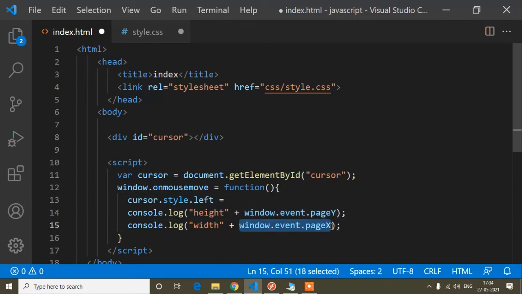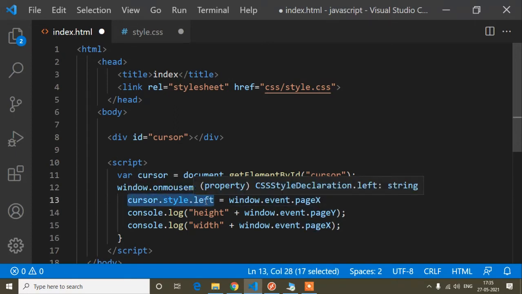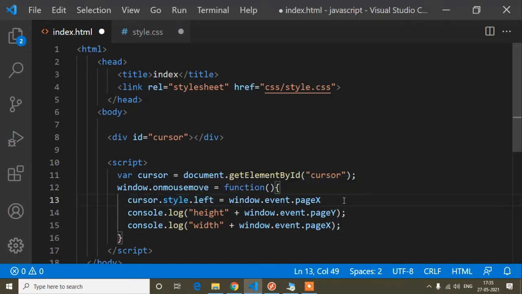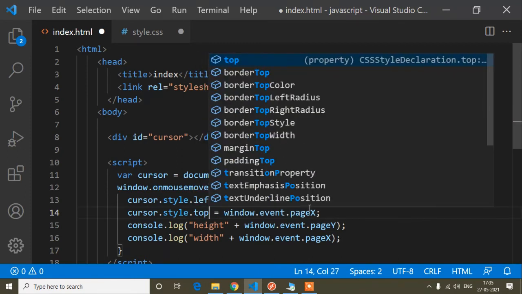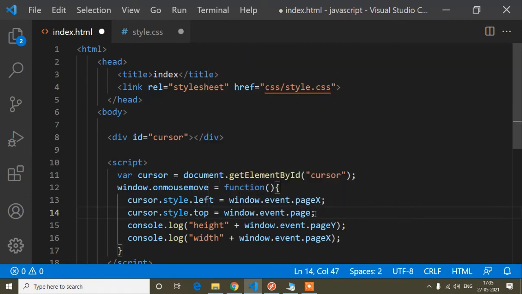Left means width, because this pageX was returning my cursor's width. If I add the same width in the left property of this element, then wherever my cursor goes, the same value is added in left. Now I will write top instead of left, and here I will write pageY.